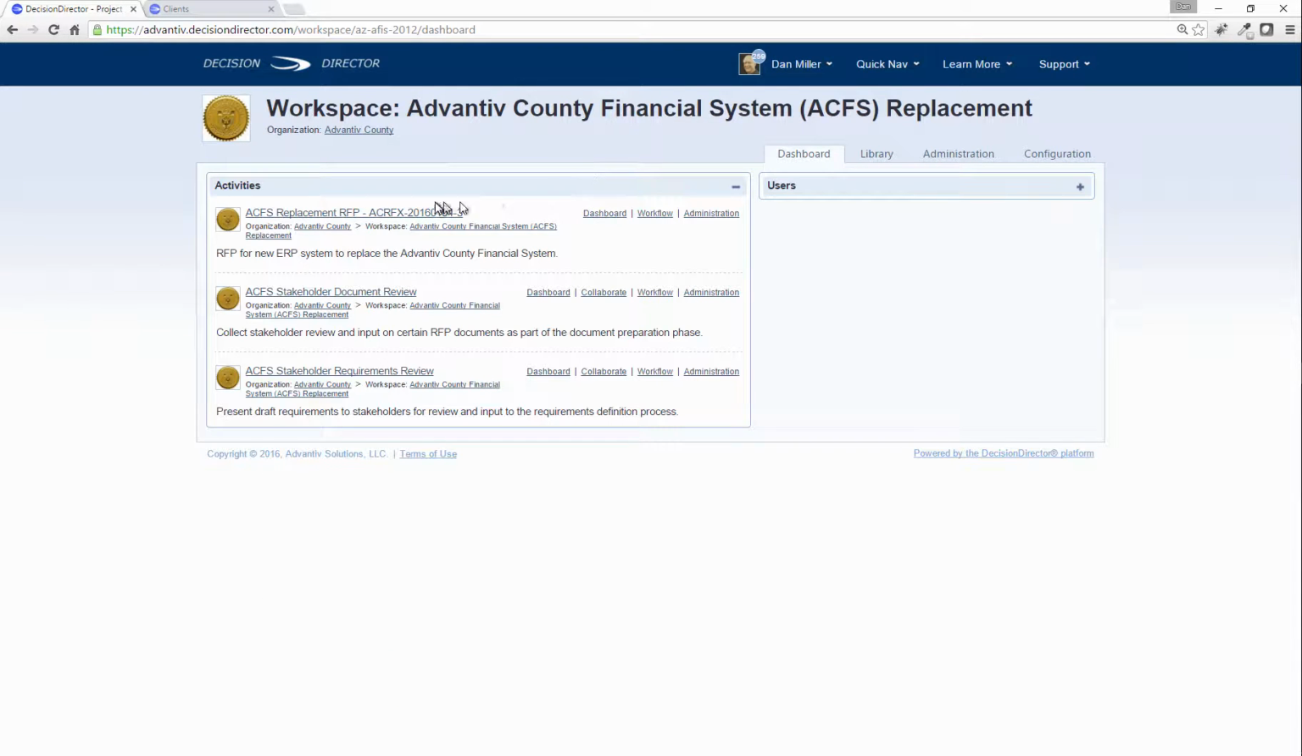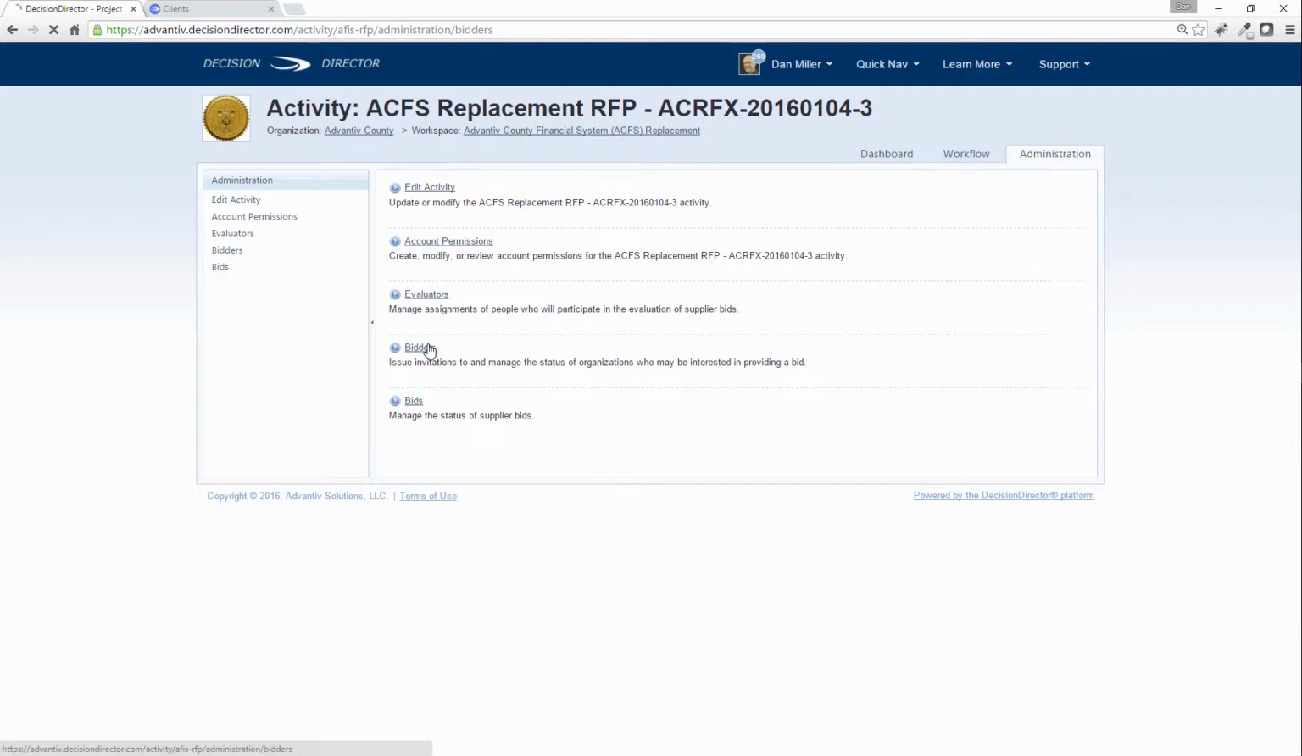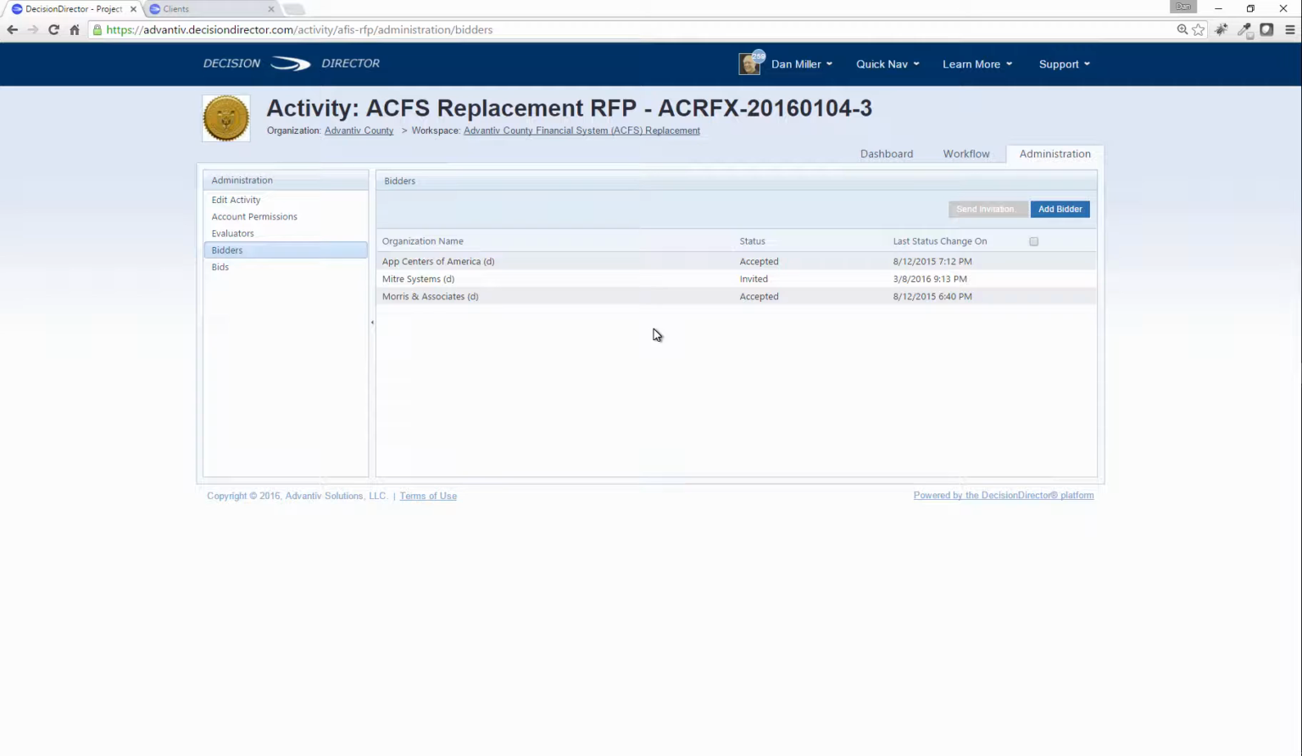Back to the dashboard, there's also the opportunity to create RFP response collection events where vendors can go securely to provide their responses to the requirements, as well as terms and conditions and questions that might be contained in an RFP. Decision Director allows for the invitation to bidders who express interest,